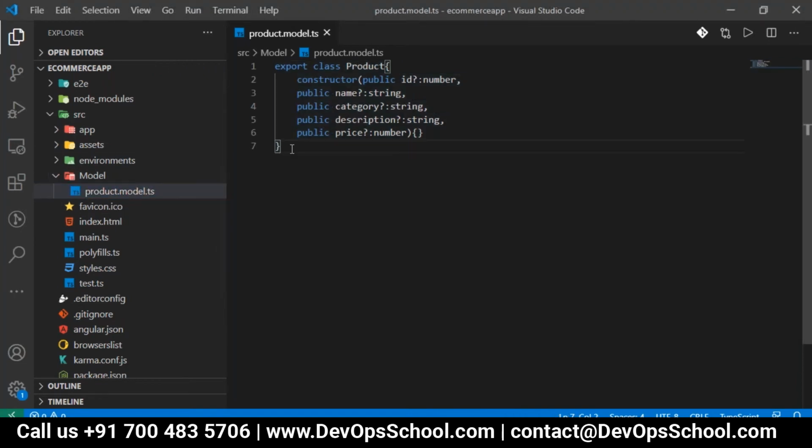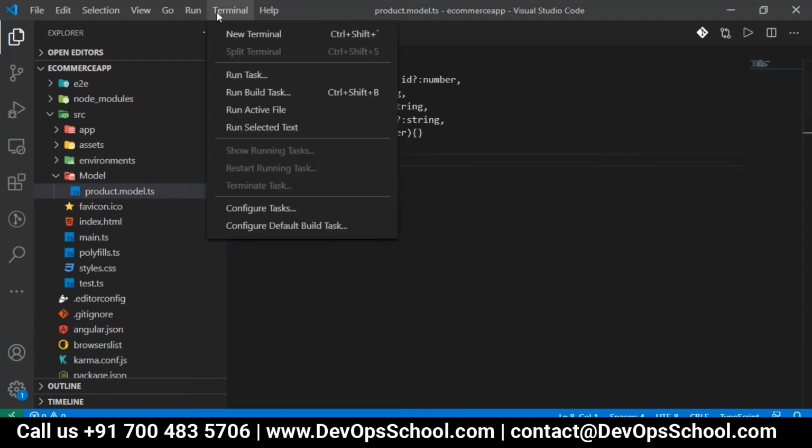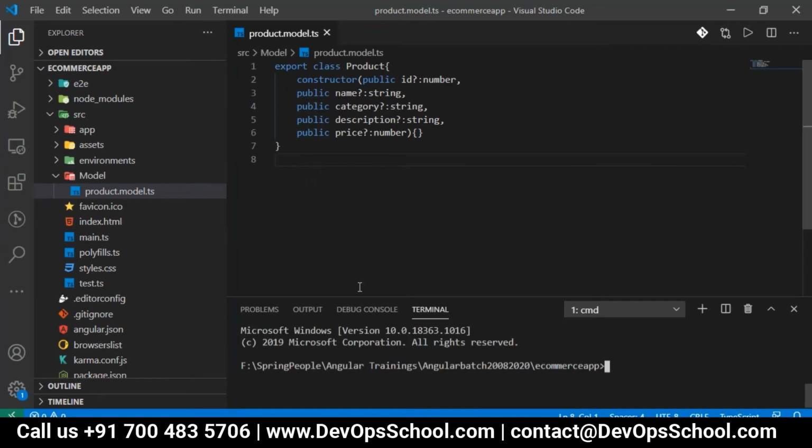I've just created another folder in the src model, in that product model.ts. Yesterday we were generating components by using ng g, right? If you want to generate the components in a specific folder, you have to go to that folder and run the commands in that folder only. Let me open a new terminal. Now I want to create one TS file which will have some data, first as a static data source. You can create a class and write the code also, or you can generate it. Let me just write it now.